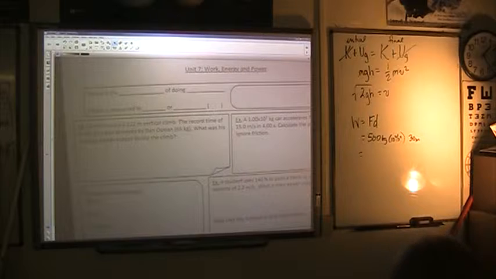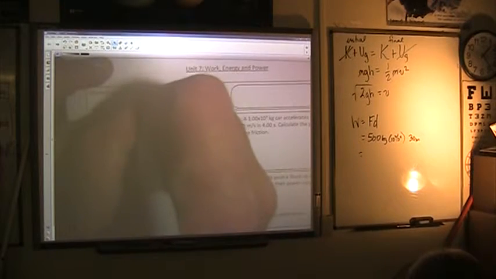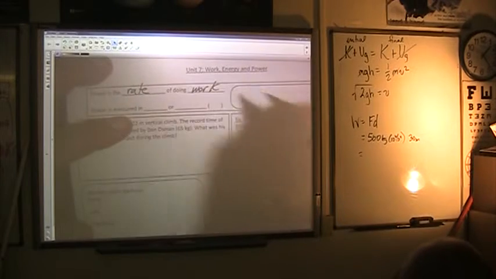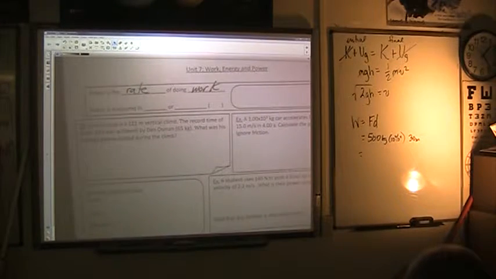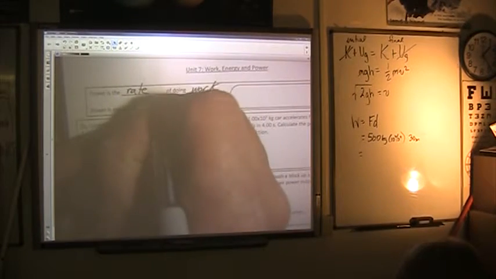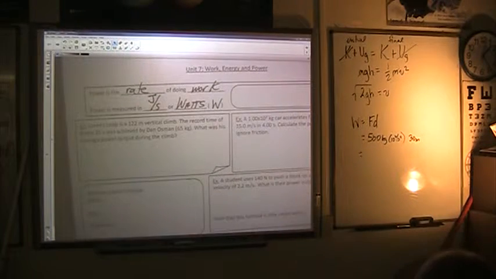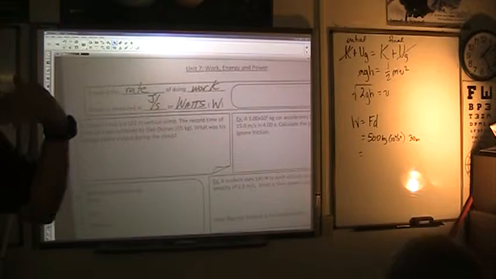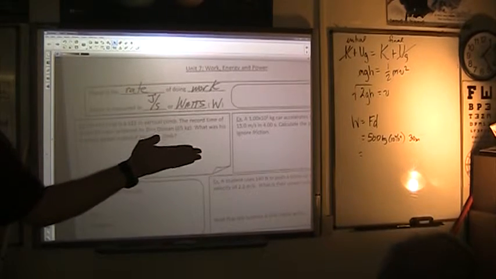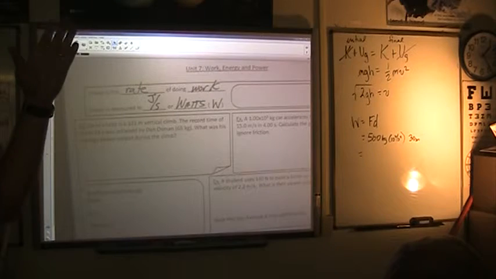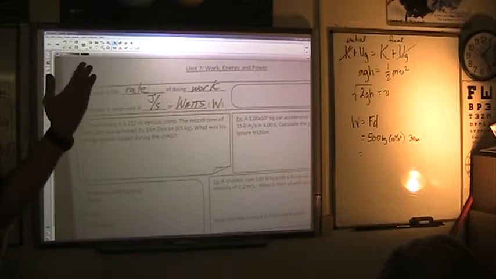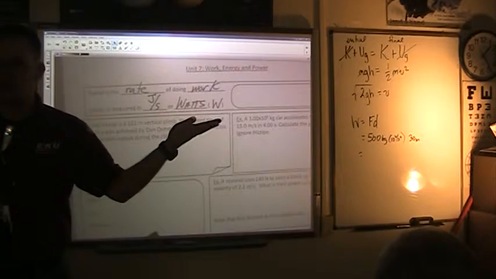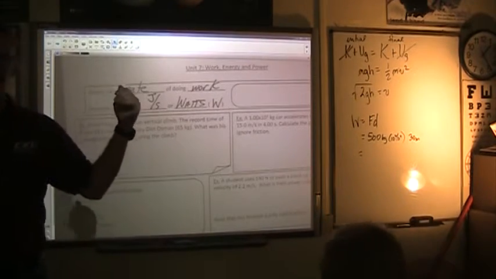So anyways, what is the definition of power? Power is the rate of doing work. Good, I like that. Power is measured in watts, which is a joule per second. Because when we think of rate, I want you to think of slope. Remember, when we were doing kinematics, the rate at which you travel is called your speed. So the slope of a distance-time graph is speed, and the rate at which your velocity changes is your,